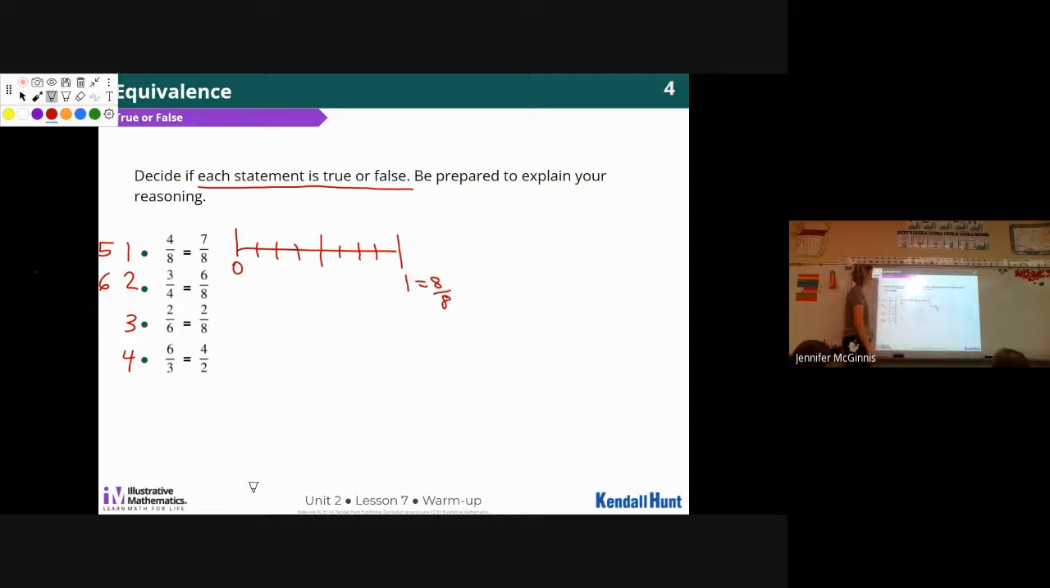Here's my number line. 8 eighths. 1, 2, 3, 4 eighths. 1, 2, 3, 4, 5, 6, 7 eighths. Who's going to change their answer? You guys or you guys? You guys are going to change? Why, Mackenzie? Because there's 7 marks, but